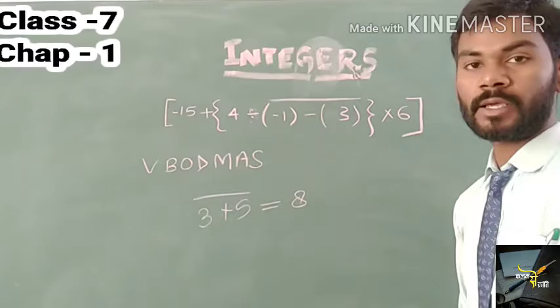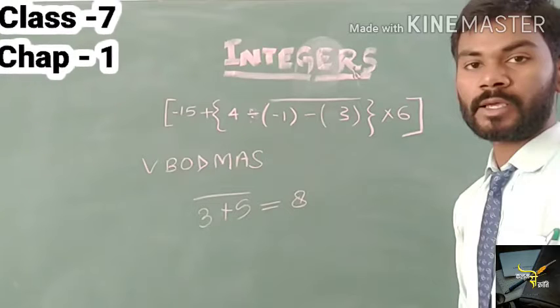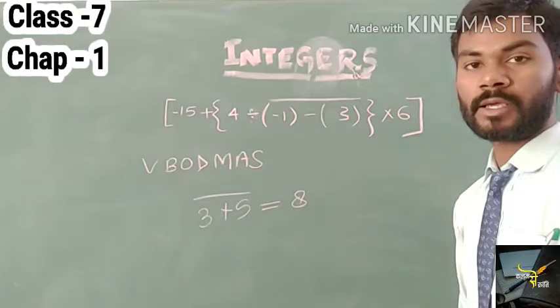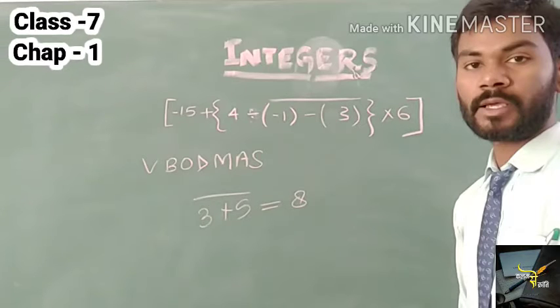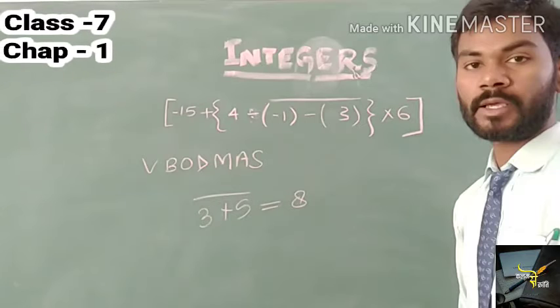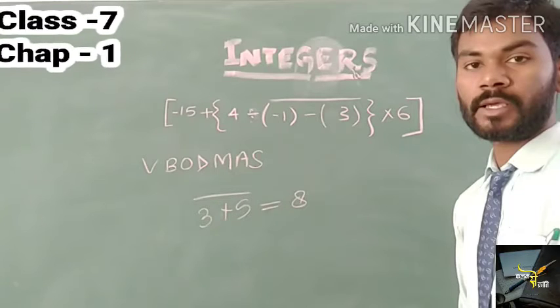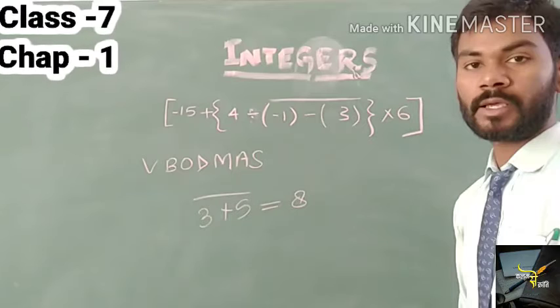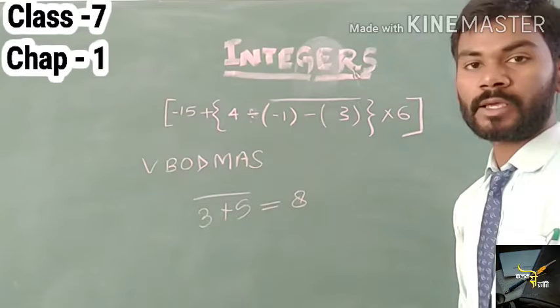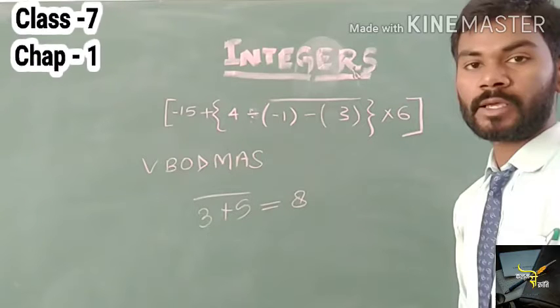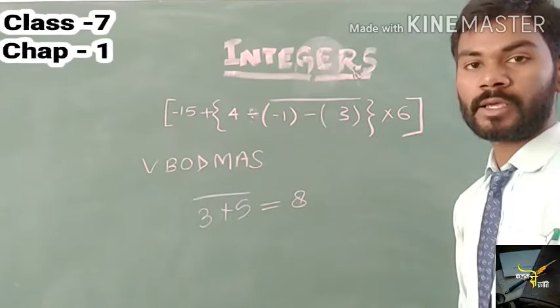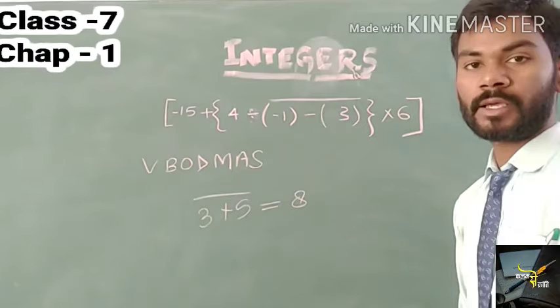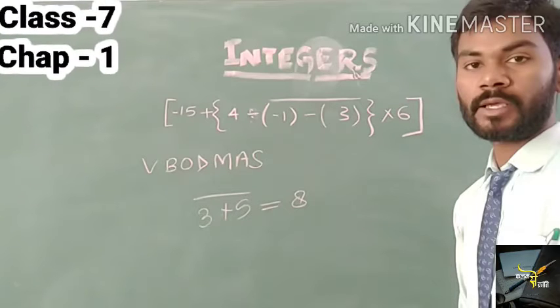So first of all we shall solve minus 1 minus 1. So in the next step we shall get minus 50 plus 4 divided over minus 1 minus 3. Both having the same sign, therefore they will be added with their respective sign. So since both integers are negative, therefore its sum will always be negative. So in the next step we shall get minus 50 plus 4 divided over minus 4 multiplied by 6.